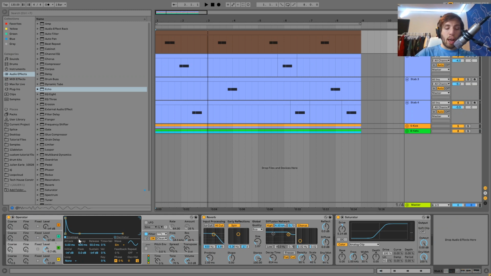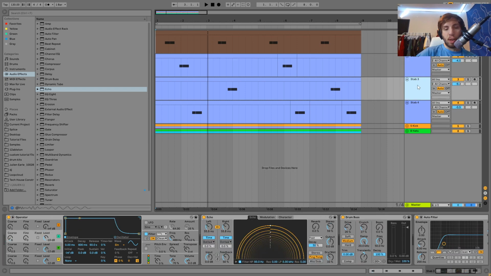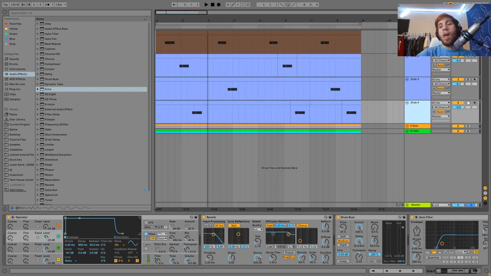So just learning how to work with the envelopes like this, and really getting a feel for how to make a plucky sound and how to give a sound that attack is going to be pretty crucial for this method of making these kinds of different things. And you can see with this last stab here,